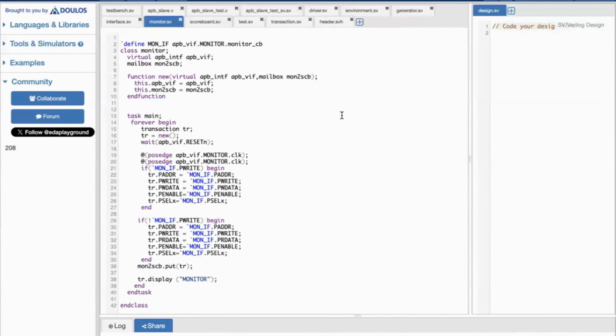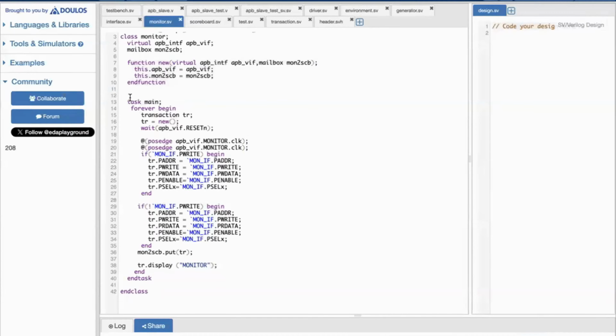And in the monitor, we will take the data from the DUT and put it into the transaction class. From the transaction class, we will send it to the mailbox, and from that mailbox, we will get the data in the scoreboard, right? So in the same way for the monitor, we have taken the path via virtual interface. We have created the class virtual interface, the mailbox monitor to scoreboard, the constructor, and the task main, where we have created the object for the transaction class,